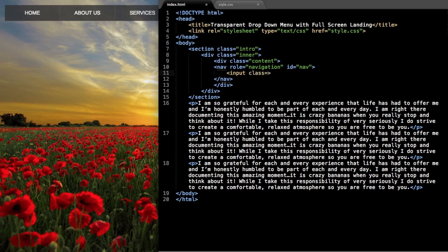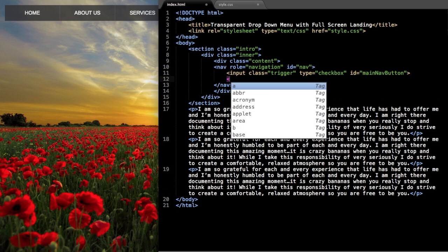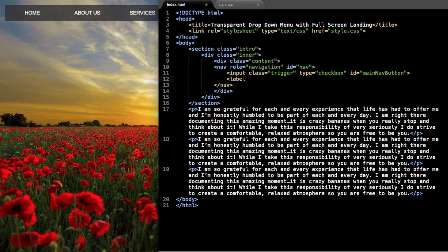Next, let's add an input here. And we're going to write input class equals trigger, and then the type will be checkbox, and then we're going to give it an ID. Basically this is going to be the drop down button, the hamburger menu for when we click the mobile version of the navigation. Then for the ID, just write main nav button with a capital N and a capital B in nav button, and then let's drop down and let's create a label tag. So label for main nav button,